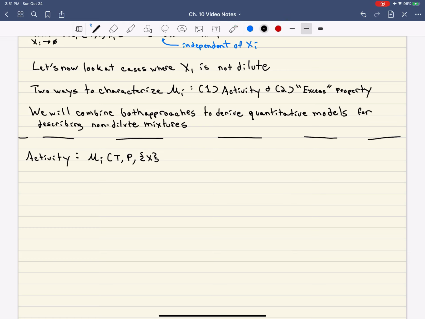In any case, our chemical potential is going to be equal to the standard state chemical potential at some temperature, and then added onto it an RT ln of a sub i, where this a sub i is what we're going to call the activity of species i relative to the standard state,